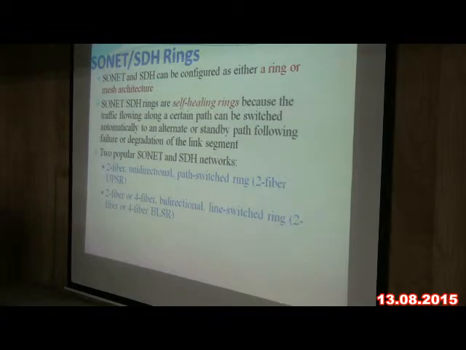These two, 8 possible combinations are there. First one is 2 fiber unidirectional or 4 fiber unidirectional. Next one is 2 or 4 fiber bidirectional. Next one depends on data transmission, either clockwise direction or anti-clockwise direction. We are dividing this into groups. Therefore, 8 possible combinations are there. Okay.